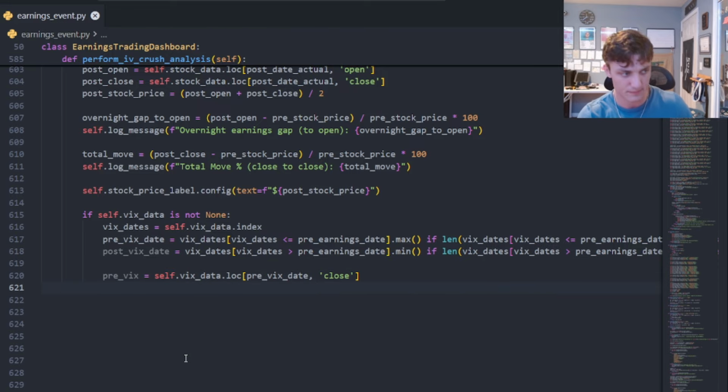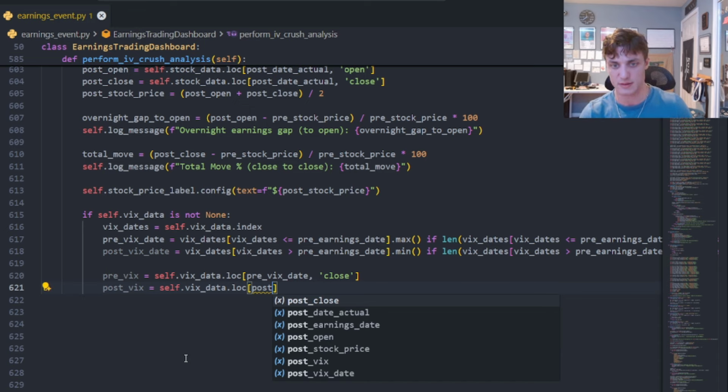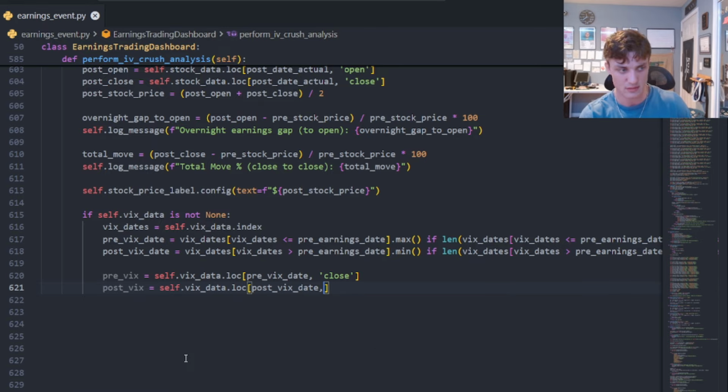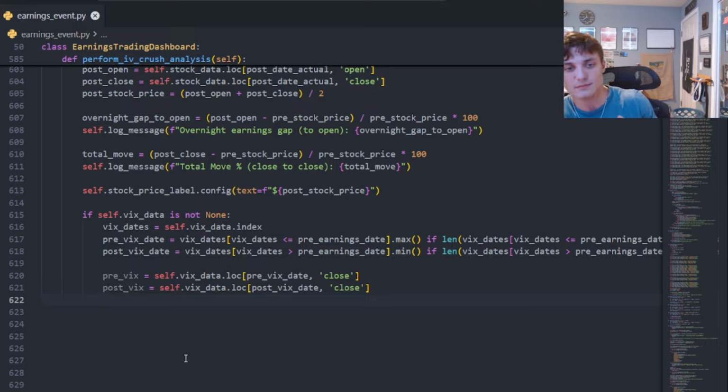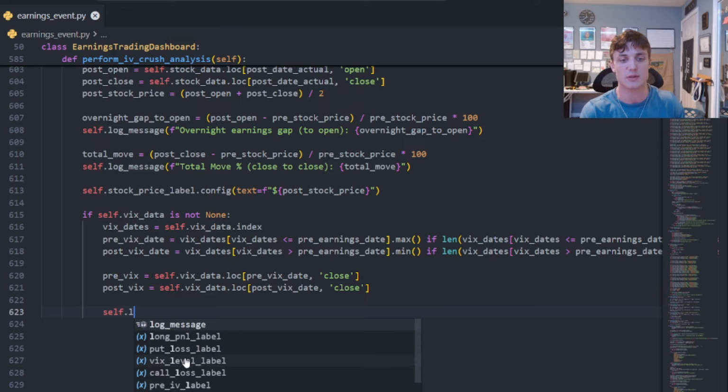The close. And the post-VIX is going to be given by the post-VIX date and the close. We could do the open here. It's entirely up to us. For consistency, I'm just going to plot the close. Okay. And here what we can do is log it if we so choose. So we can log